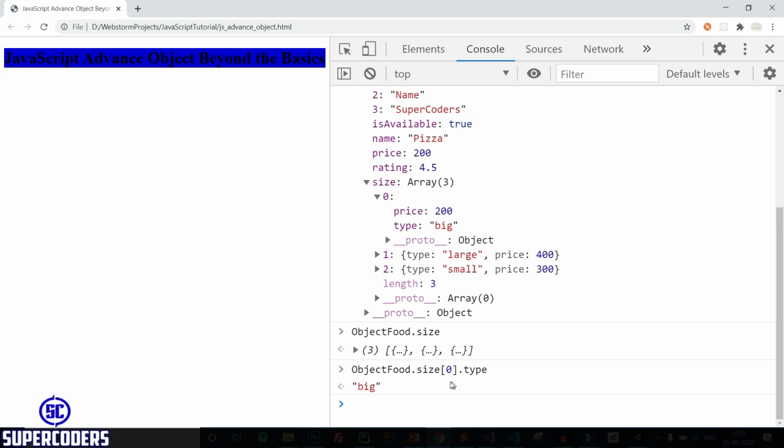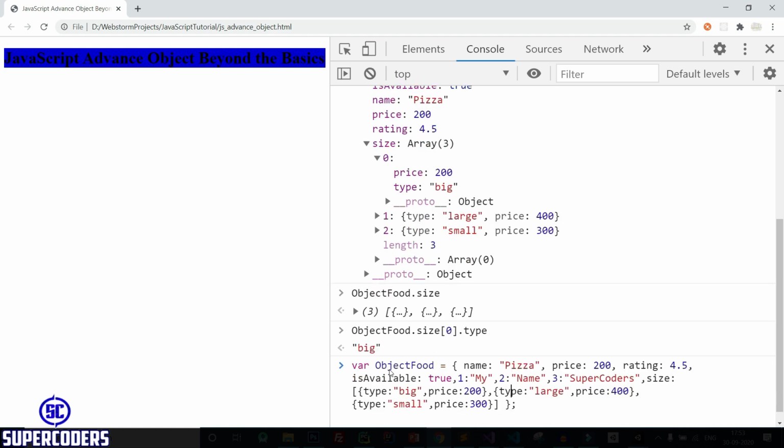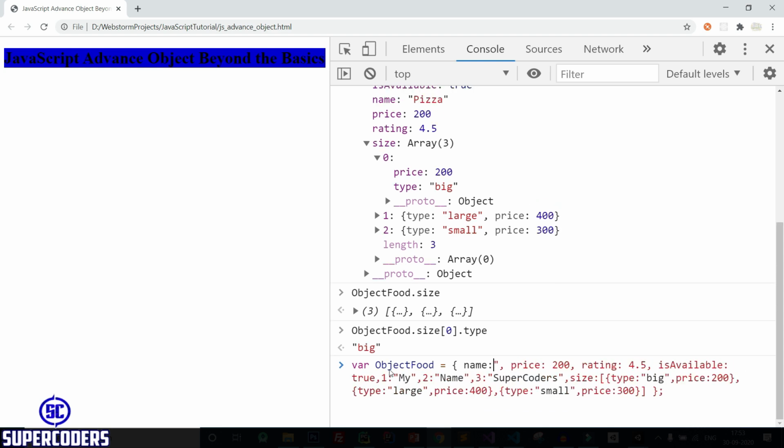I just showed the example of how you can use a nested array object. You can also use a simple nested object like this. If you want, use name and make it a nested object.